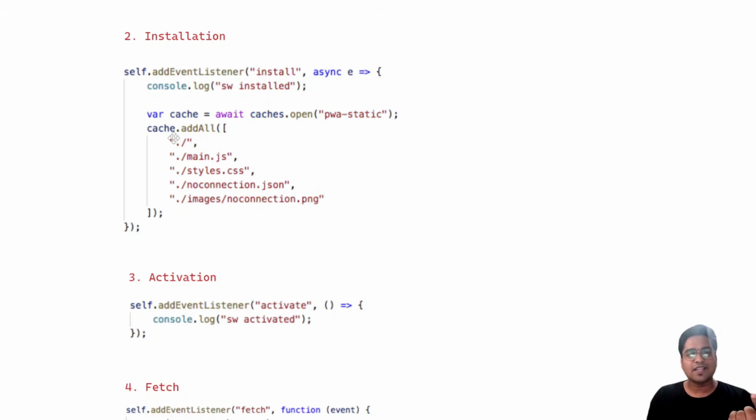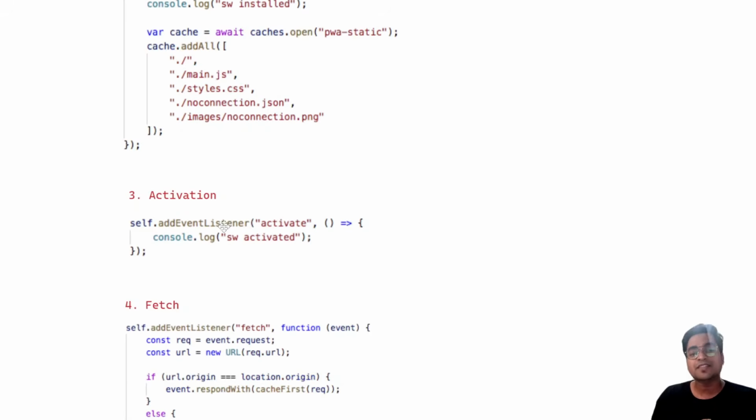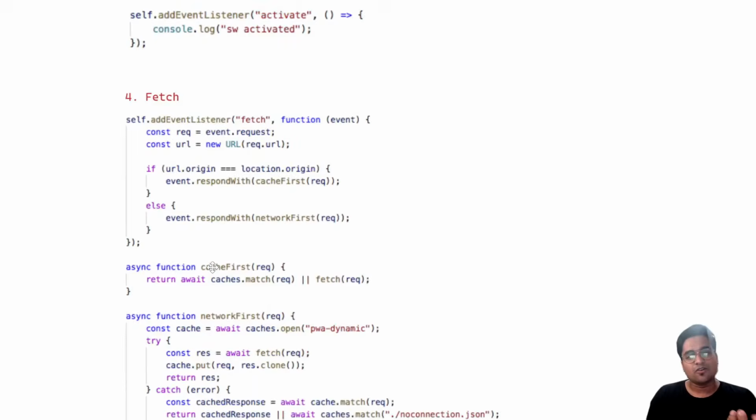From the installation, you can see what we are doing. We are trying to open a cache with a certain name. We wanted to add some files to that particular cache, and we wanted to make this available when a person is looking for the fetch calls, right? In all those cases, you can define whether you wanted to fetch these files from the cache only or a cache first approach. There are different approaches that we can talk about, right? Second is whether it is activated or not, so that you can start listening to a lot of the events. Now the